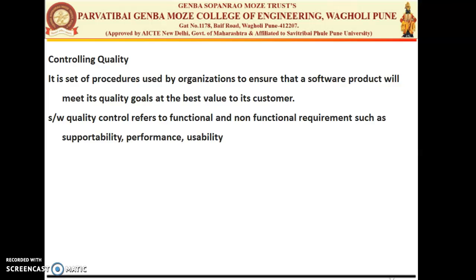Again, software quality control refers to the specific functional requirements as well as non-functional requirements such as supportability, performance, and usability. It also refers to the ability of the software to perform well in a restricted or risky scenario, which will keep the relative defect rate low. So it should also work in a restricted scenario where the software might have a defect or cannot run properly. It should also run in such a scenario. So we have different quality control activities under